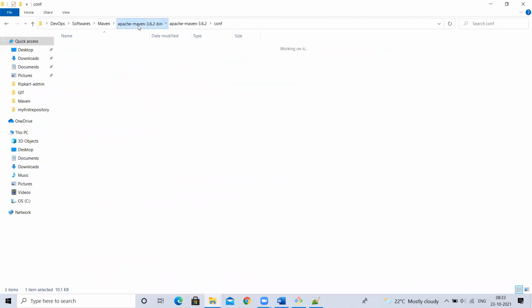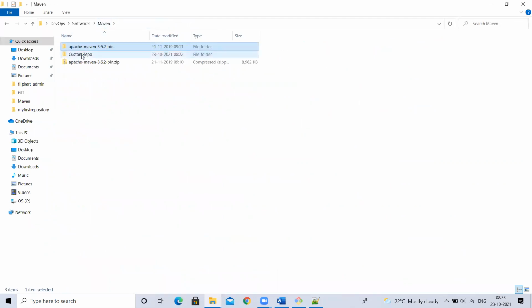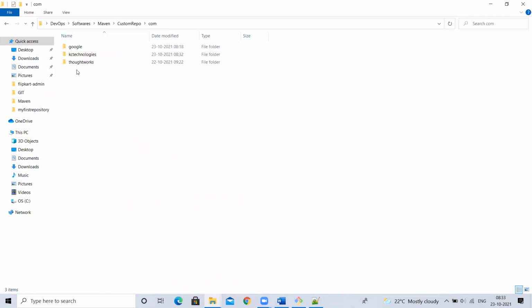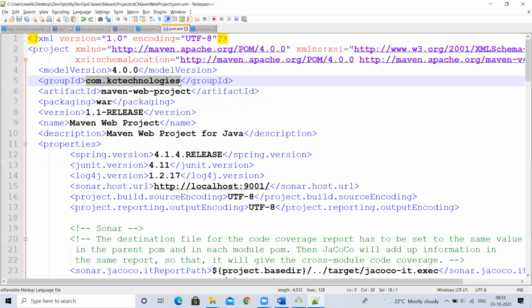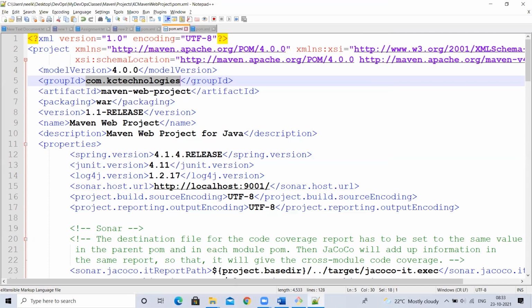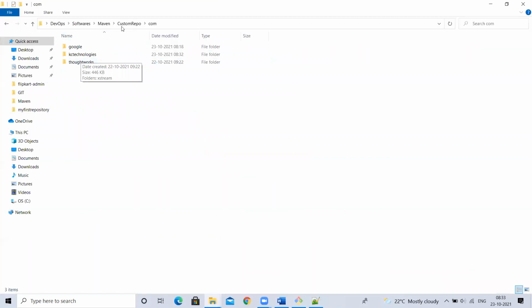Now let me go to that custom path. Here only I have custom path, right? So custom repository I'm using, not the default local repository. Now if I go here, say this com.c, as per this group ID you have given, right? com.kc technologies, right? As per this, it has created a folder under this repository. Let me close up this one.